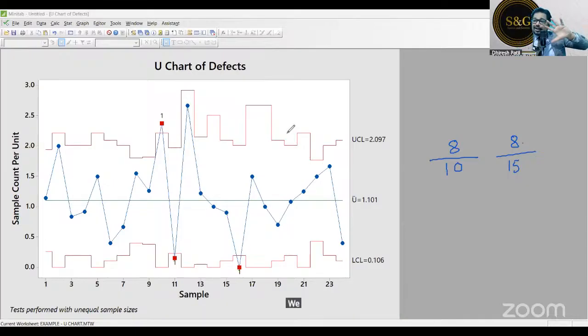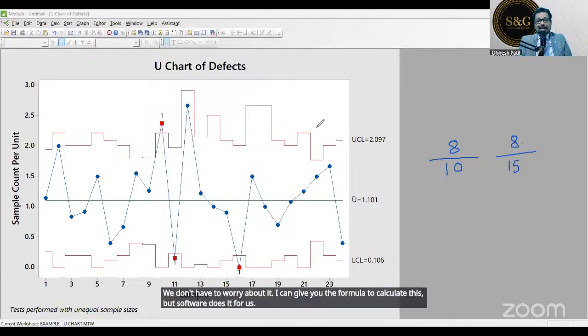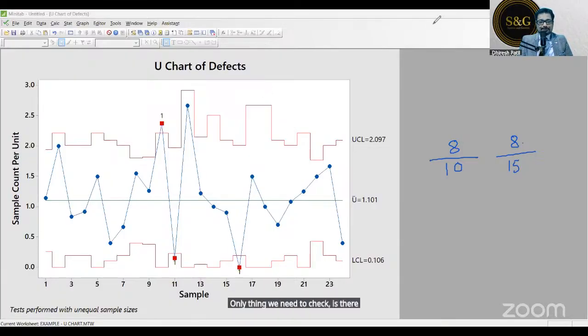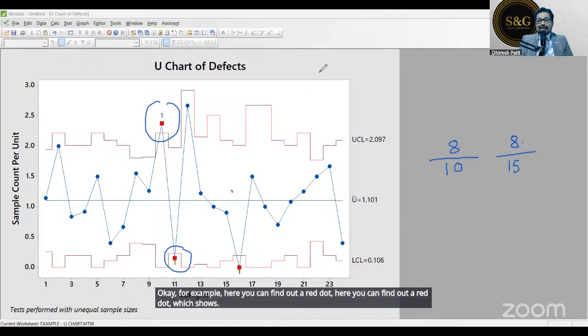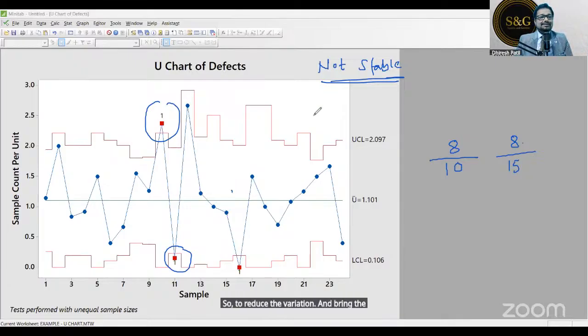We don't have to worry about it. I can give you the formula to calculate this, but software does it for us. The only thing we need to check is whether there is any red dot. For example, here you can find a red dot, here you can find a red dot, which shows the data is, the process is not a stable process. So you have to reduce the variation and bring the process in the,